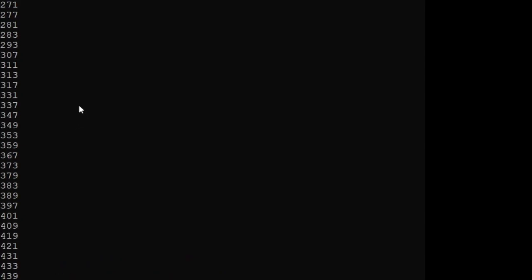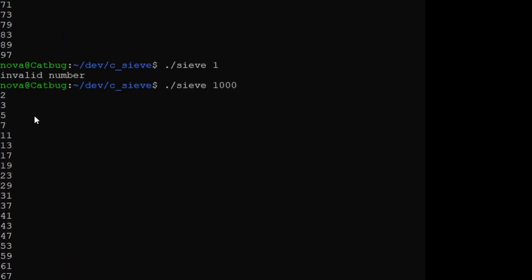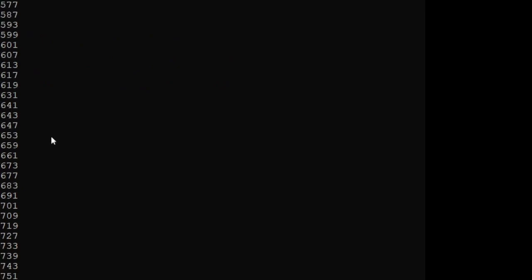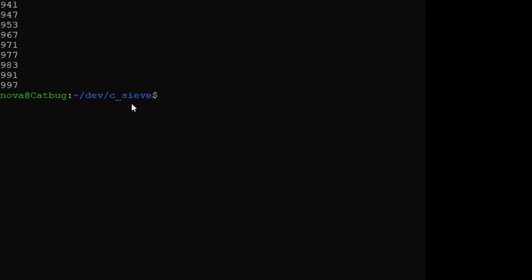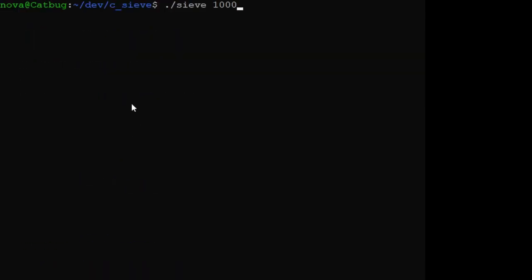Looks like I got every prime number. And I can scroll up and read them if I really want to. So for 5, we get 2 and 3, our prime numbers up to but not including 5. And let's try